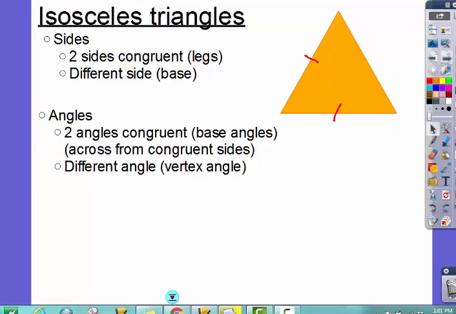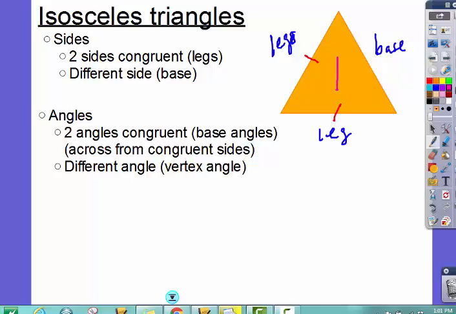We're reviewing isosceles triangles. Remember with isosceles triangles, you have two sides that are going to be congruent. Those two sides we call legs. So this is a leg, and this down here is also a leg. The one that is different is the one that we call the base. Okay? Across from the sides that are congruent,